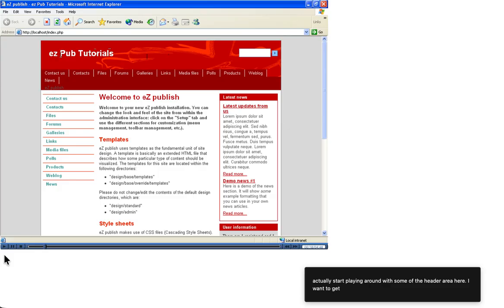I want to get rid of this Easy Pub Tutorials text and change that for a logo, and I also want to add something along this right hand side of the header. Whilst I've got a search bar here, I'm quite happy to leave it there at the moment. I'd like to have a home link so I could get back to the home page quite easily, and I would also like to have a link to maybe something like the sitemap as well. The beauty of Easy Publish is that, again, this is a very simple process. All we need to do is go through into the back end,